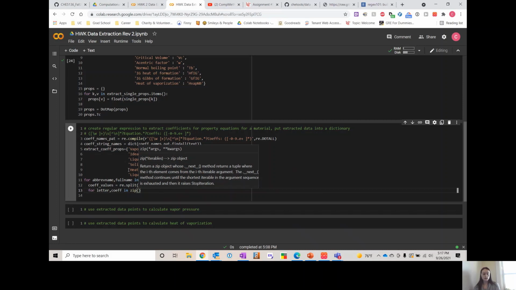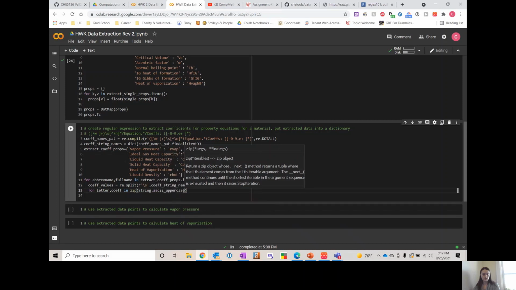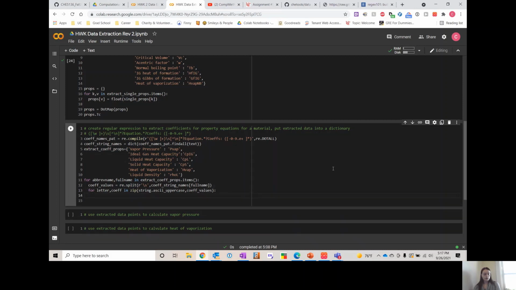So if our first list is string dot ascii uppercase, so our first list is our letters A, B, C, etc. that we're going to use for our coefficients. And then the second list will be our coefficient values. So for each letter and coefficient in this list,